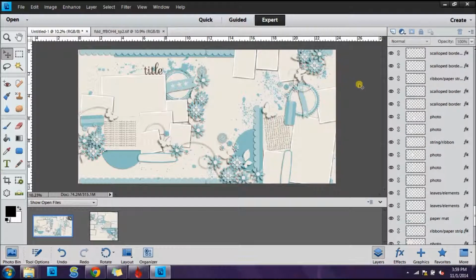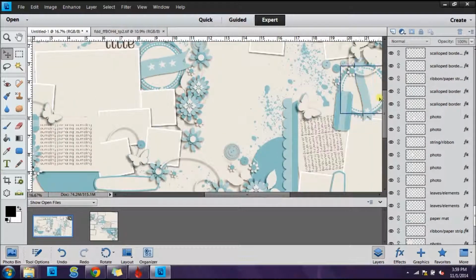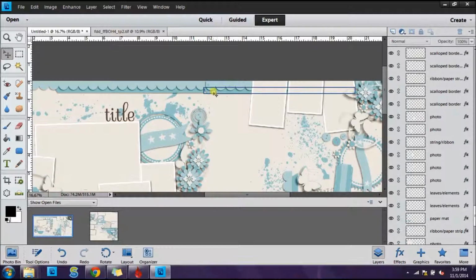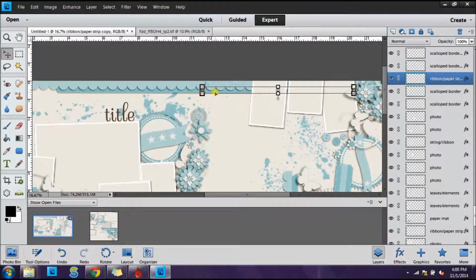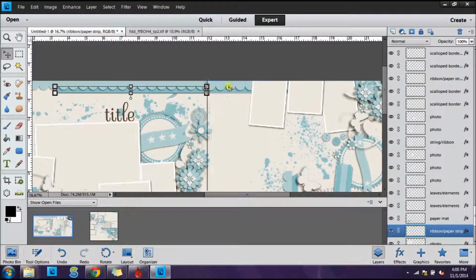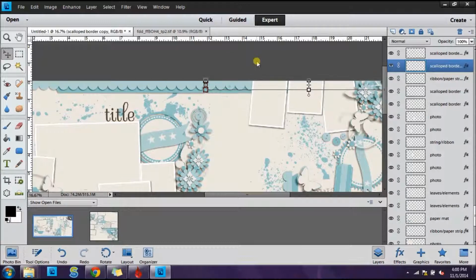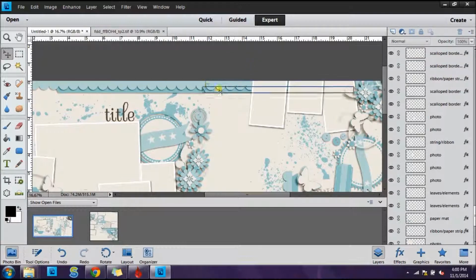Okay, and let's zoom in a little bit so we can see and make sure everything's lined up here. I'm going to have these meet in the middle. Okay. And this one. And it's okay if you've got a little bit of